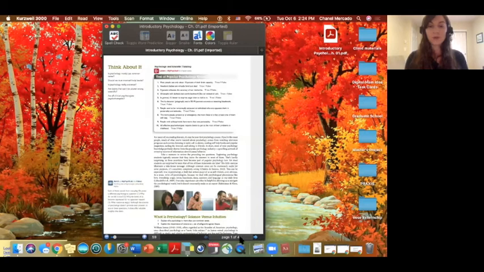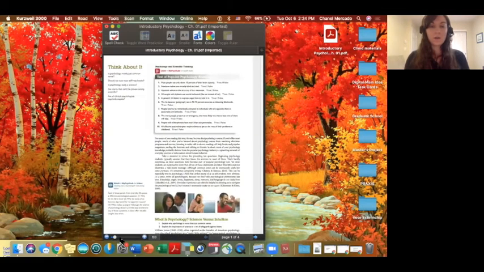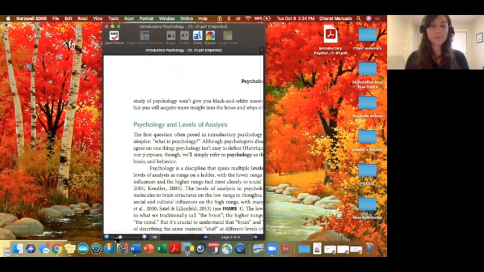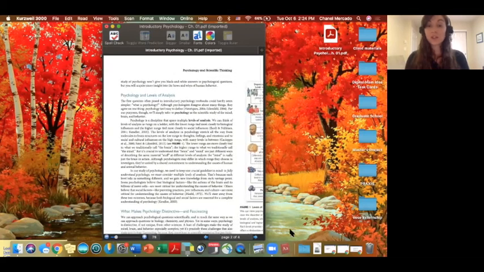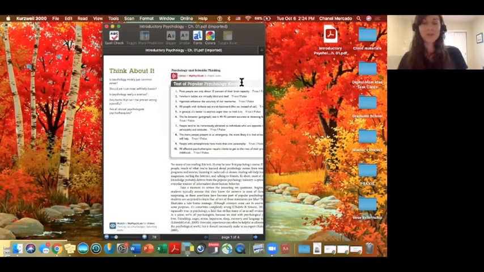And you'll notice when I go from page to page, which I can navigate with these arrows here at the bottom of the window, it will keep that zoom percentage whenever I move across pages, which is really helpful. So to navigate from page to page, there are these arrows that are left and right. If you click in the middle between those arrows where it says page, you can also type in a number. So I can type 1 and then select Go, and it will take me back to that first page.